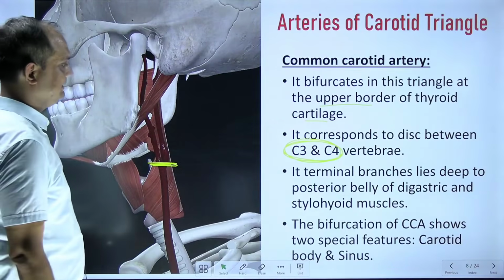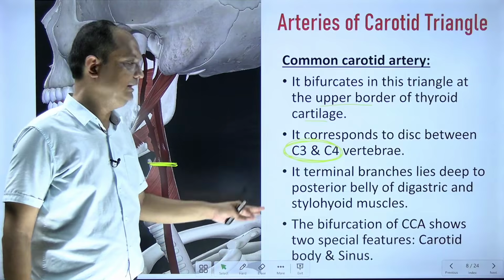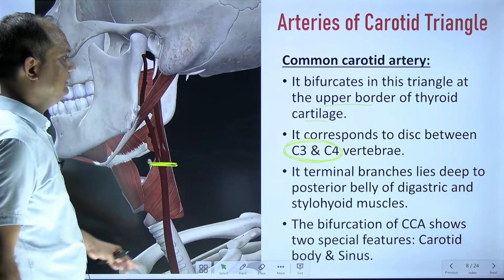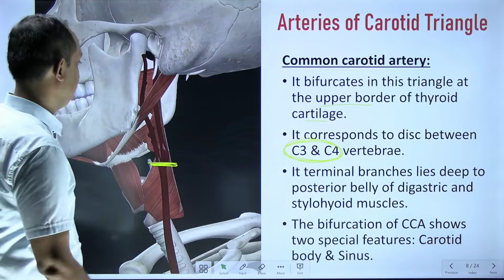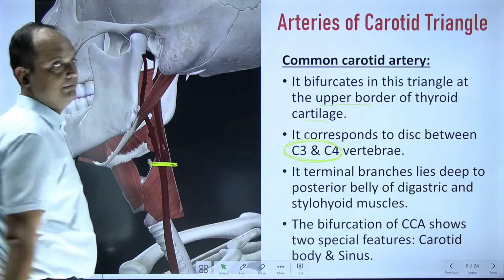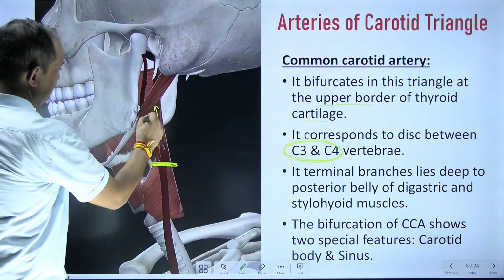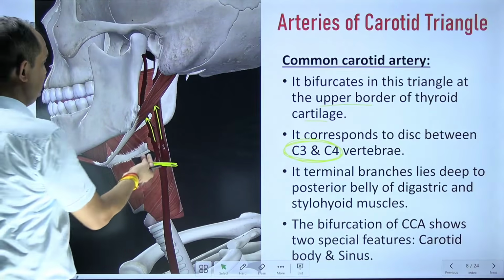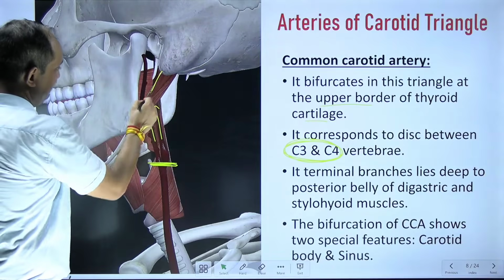Now the second thing is that the terminal part lies deep to the posterior belly of digastric and stylohyoid muscle. So when you will see the terminal branches, now this is a very important question to understand, that it is giving two terminal branches. Now here you can see that this is your internal and this is your external carotid artery. Now when you will trace these both branches, you will realize that these branches are going deep to the